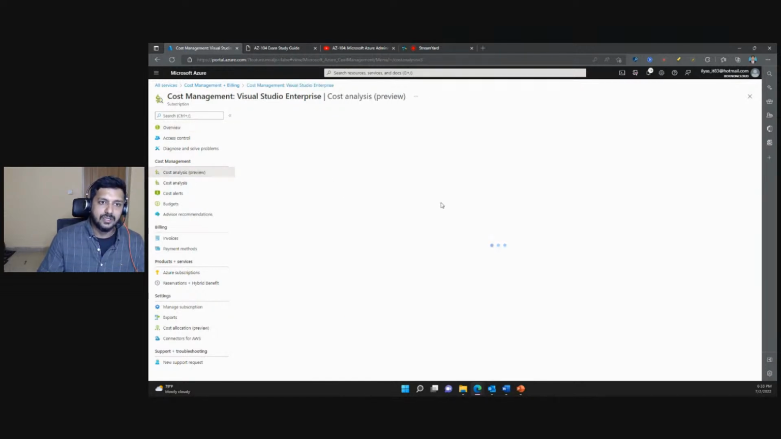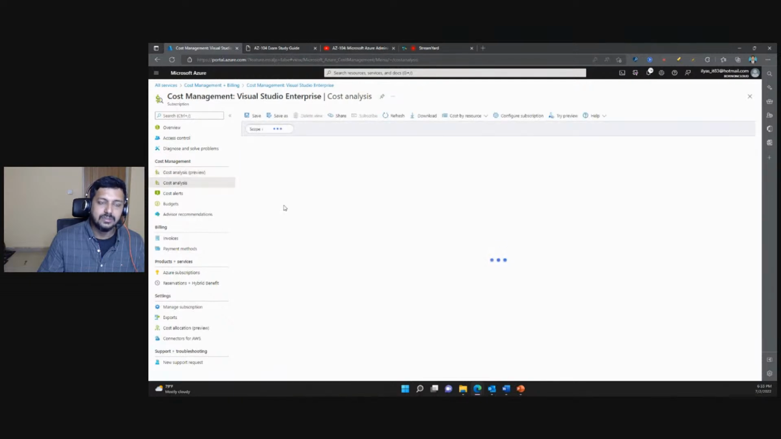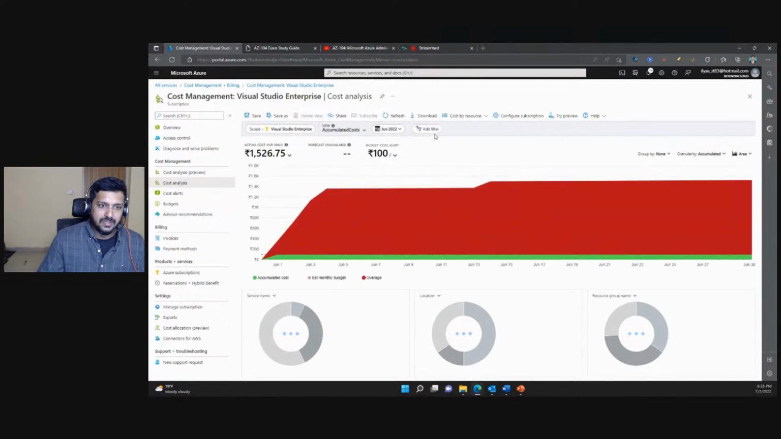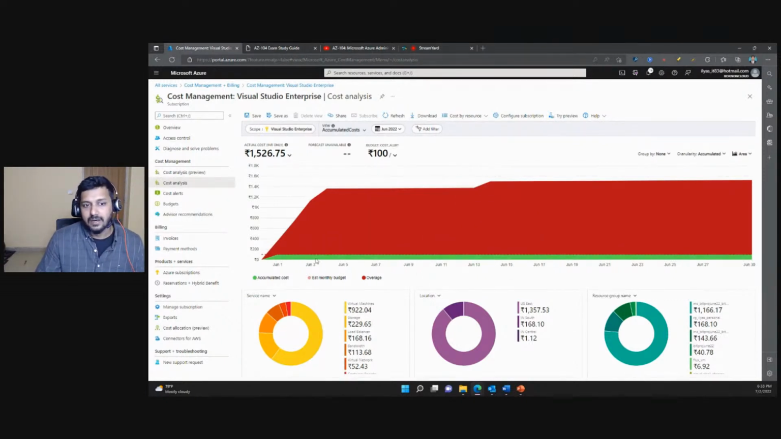And here you could see the cost analysis. This is a preview feature, so we will look at this one. Again, I may not have enough data because this is my test bed and I don't use the subscription that much. But here you could see, on a high level, what are the charts that you get, what are the data that you see, right? So here you could see the spend by service name, service tier, and all of that,